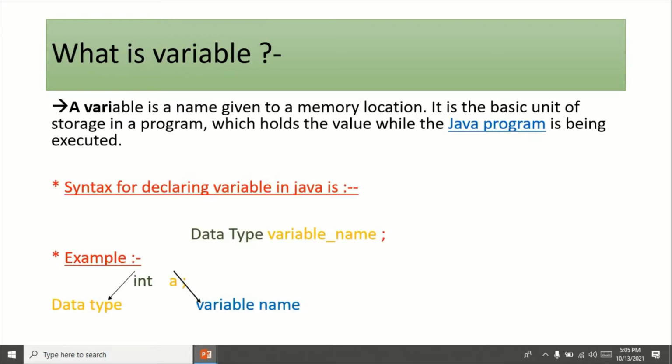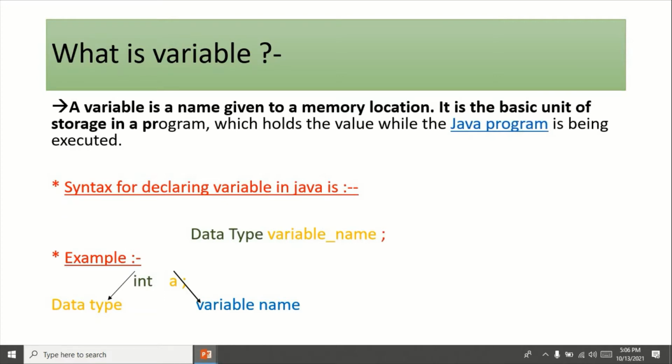First, what is variable? A variable is a name given to a memory location. It is the basic unit of storage in a program which holds the value while program is being executed. In simple words, a variable is just the name of memory location where our data will be stored when the